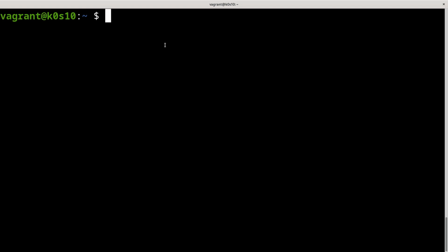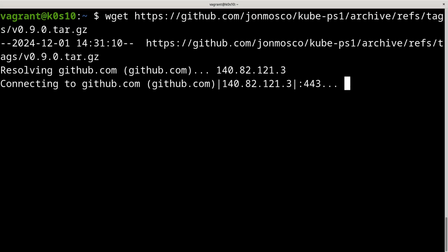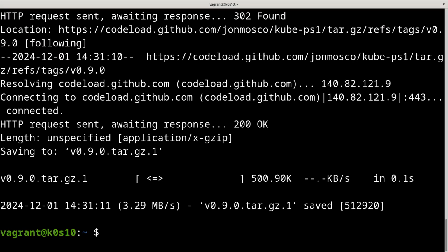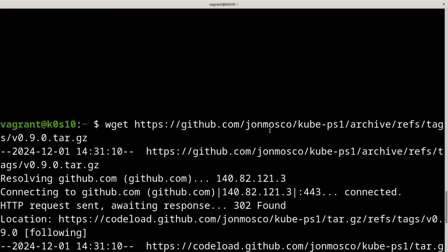To do that, this is really easy. You can just download this file. This file is a dedicated file with a script. I think it's a bash script, where you can install the kube-ps1 script.